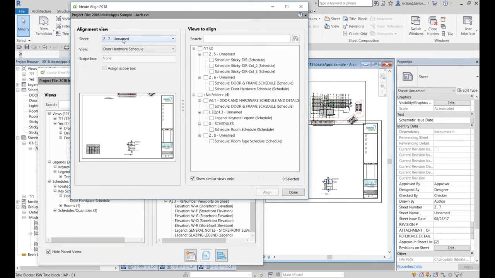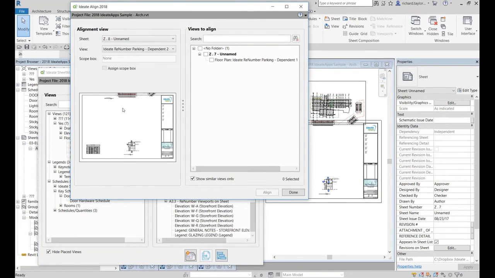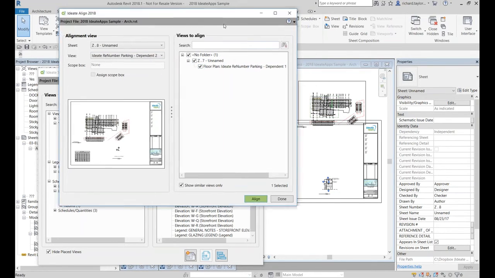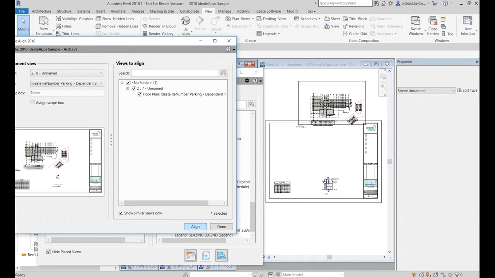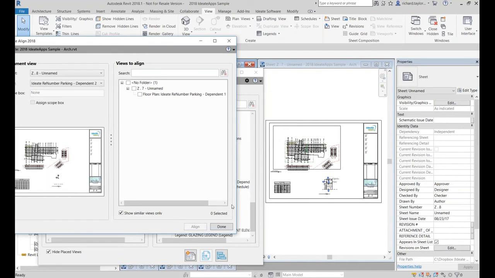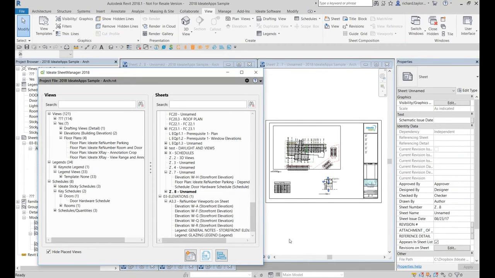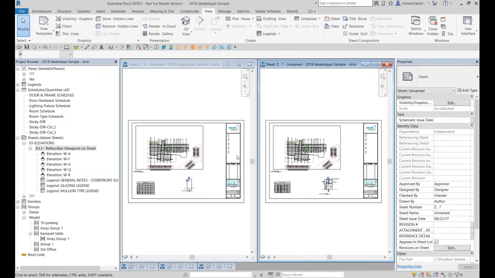And so our alignment view is actually going to be Z8, and that's going to be our parking. And we're going to come over here and say we want to align this floor plan view to the upper right here. So when I say align, it's going to pop back into place and basically align based on the project